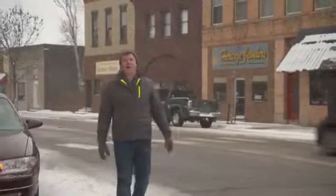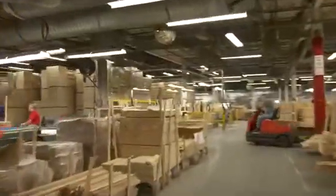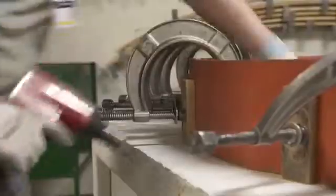Hi there, I'm Kevin O'Connor from This Old House, and this is Warroad, Minnesota. It's just a few miles south of the Canadian border, and it is a town known for its ice fishing and its hockey. But that's not why I'm here. I'm here to check out a unique window manufacturer. And you don't have to go to some big industrial city for that. You just have to come all the way up here and meet the fine craftspeople who have been perfecting windows